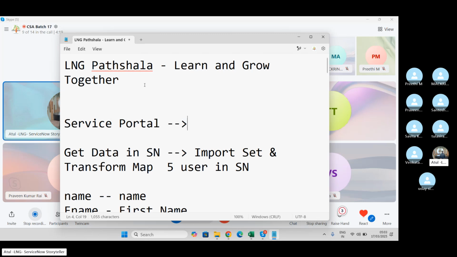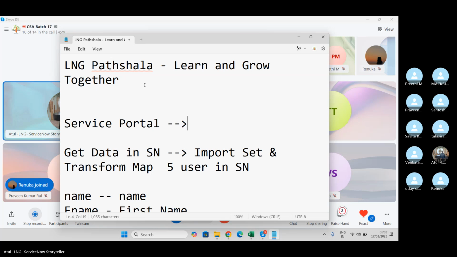Service portal is the interface for the end users. They can order something, a laptop or desktop or mobile phone. They can raise an incident and they can see the knowledge articles.